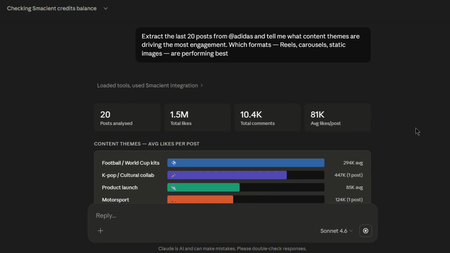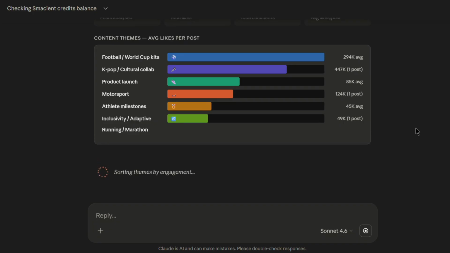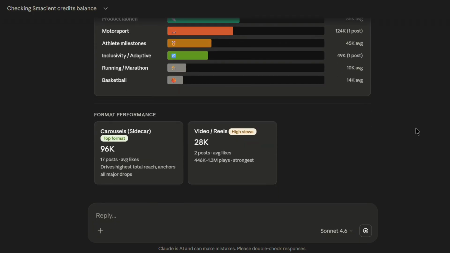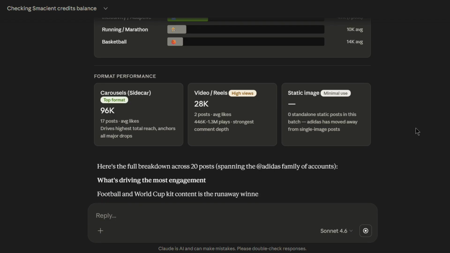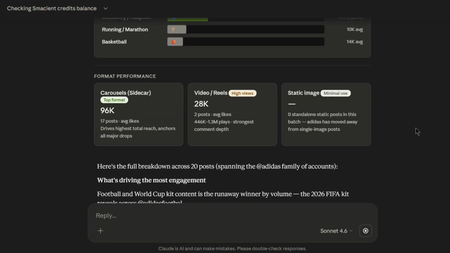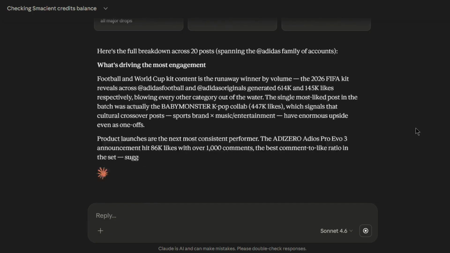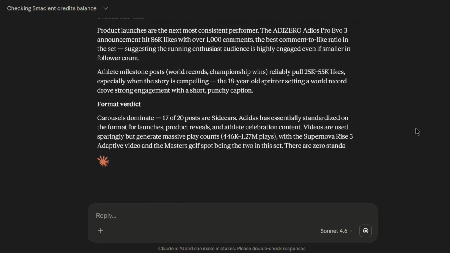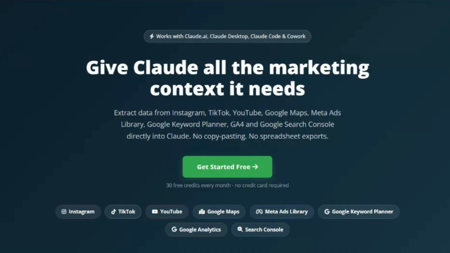From there, follow-up questions can be asked in the same conversation. Most used hooks, breakdown by day of the week, comparison between two competitors, it all stays in one thread. You can also look for hashtag research, your own brand audit. The connector works for your own profiles too, not just competitor research. That's the full setup. Few steps to connect and Instagram research becomes a conversation.